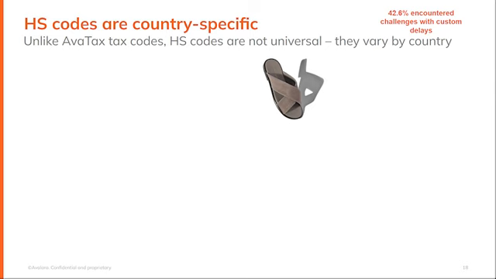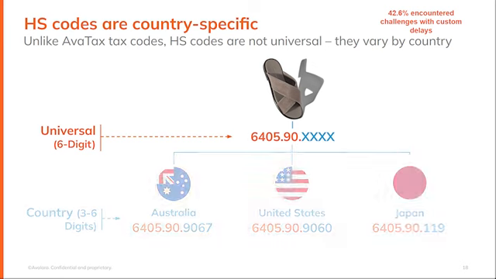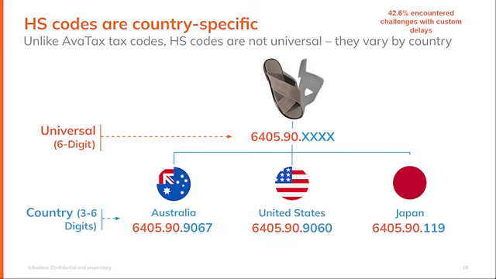It's really going back to basics and looking at, for example, HS codes, a harmonized system code, which, as I'm sure many of you are aware of, so it's not new to you, but every product in the world is assigned its own universal HS code. The first 6 digits are related to that product, and as I said, universal. However, what many businesses don't know is that for every single country, the next 3 to 6 digits are country specific.